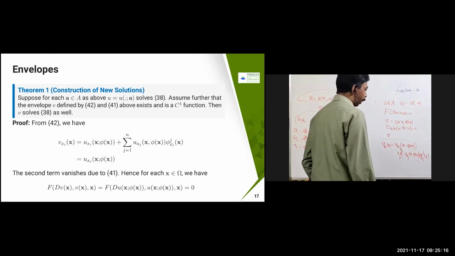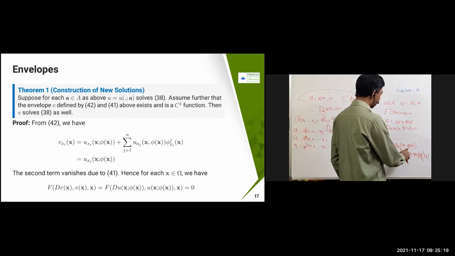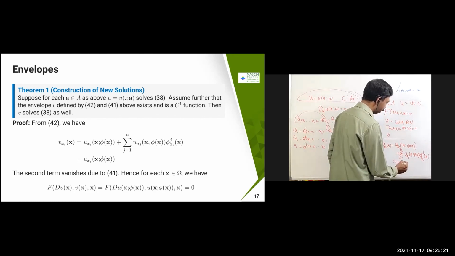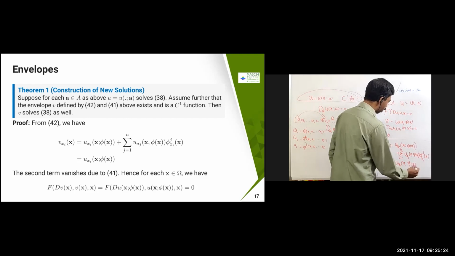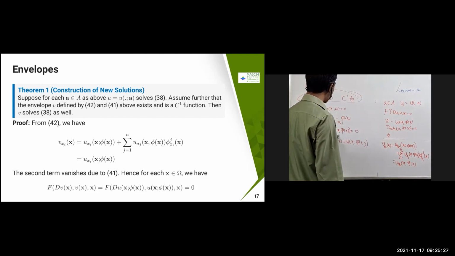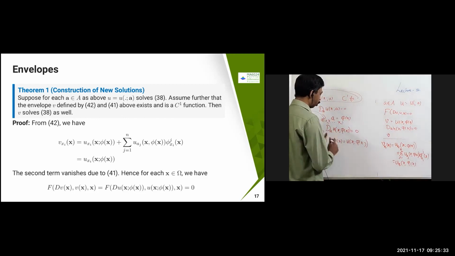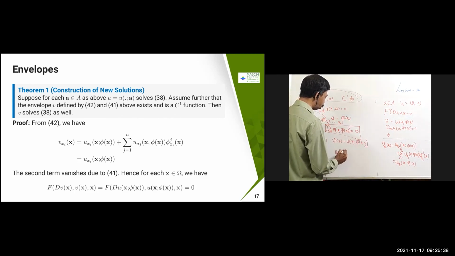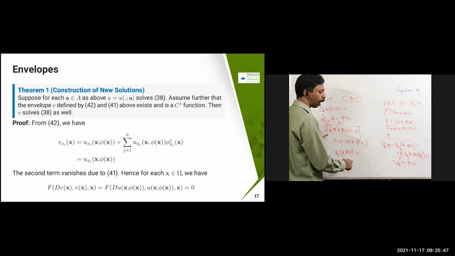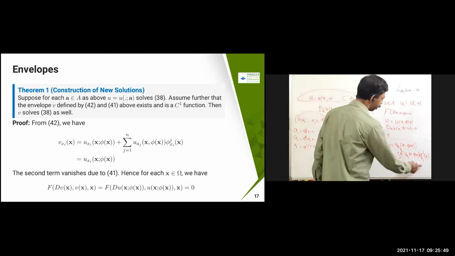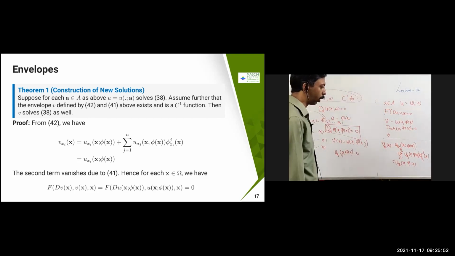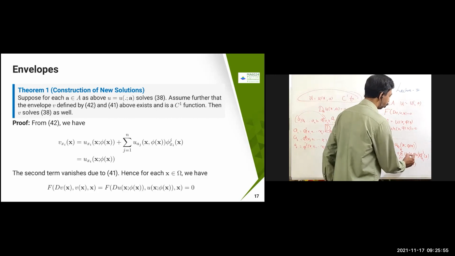Now what is going to happen? This is going to be u_xi of x comma pi of x. Now what we have is that the derivative of u of x comma pi of x is 0. That means what? Each of the terms. So what is the meaning of this one? This means that u_ai of x comma pi of x is 0. Since this is a total derivative, del is 0, therefore each component is going to become 0. So that is the reason you are going to get here u_xi of x comma pi of x. So this term is going to vanish. This is going to 0.